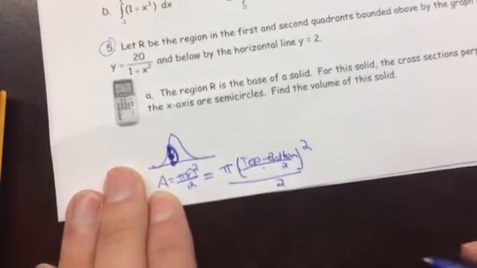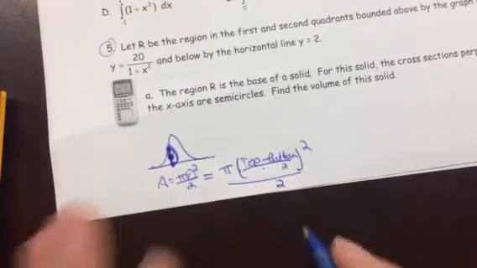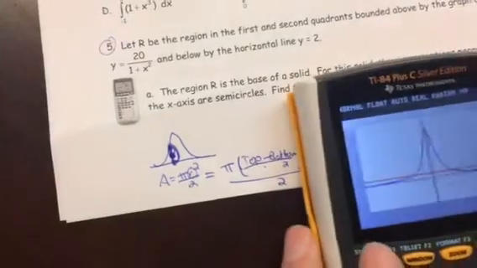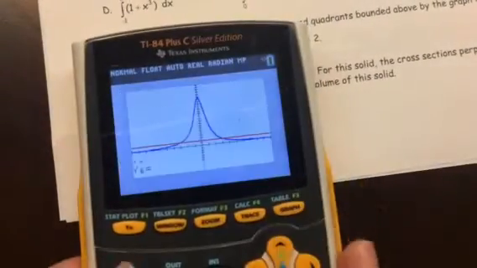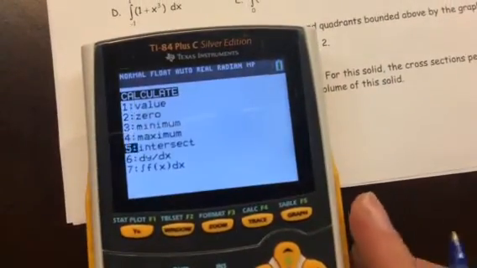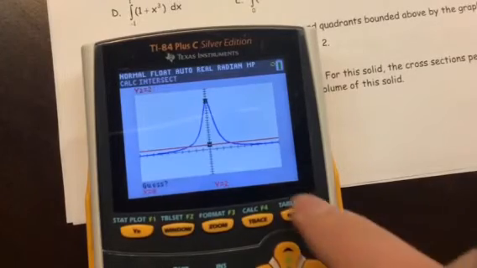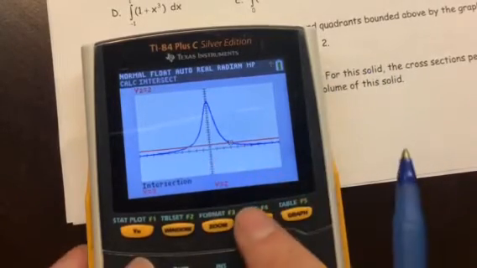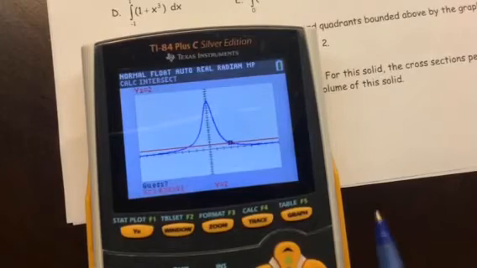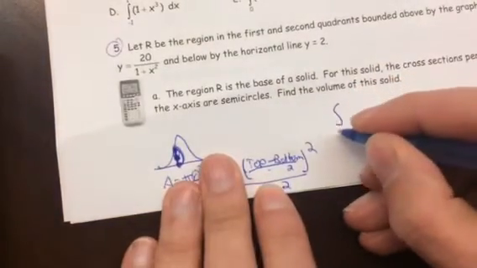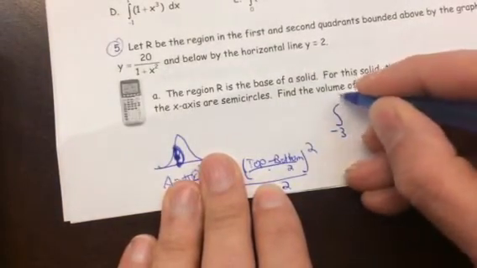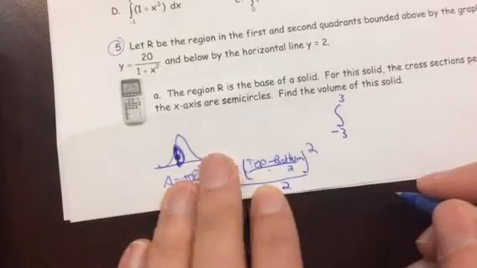This is one where it's going to be a lot easier to try to type it in. So the first thing we're going to do is graph it and find the intersections. That's a skill we need to be good at. One intersection is 3. The other intersection, we need to move our guess over to here, is -3. So this is going to be the integral from -3 to 3 of